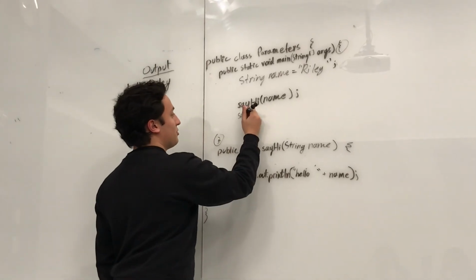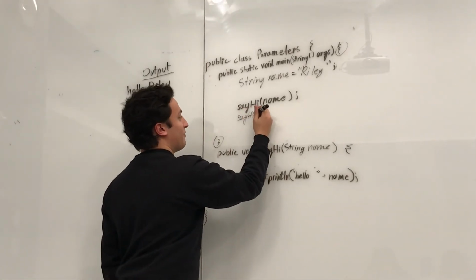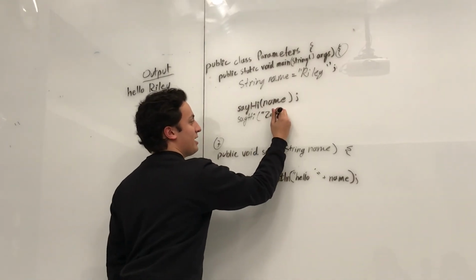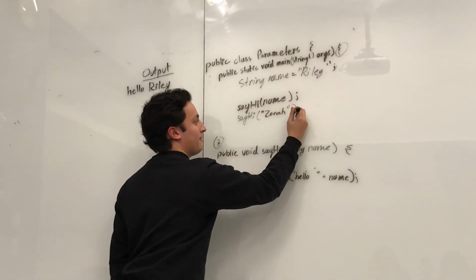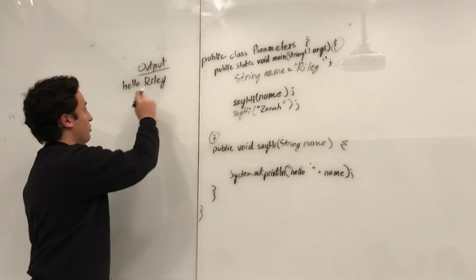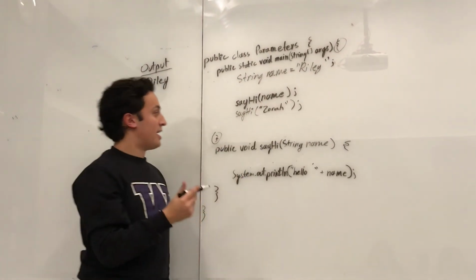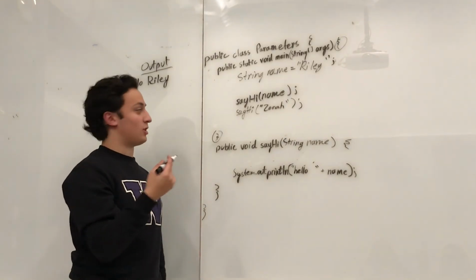Now another cool thing we can do is if we have this again, we don't even need a variable. I can just put a standard string in here, and now it will say hi to Zora. So it will say hello, Zora, instead of using this right here. And that's how parameters work. They allow you to be a lot more flexible with